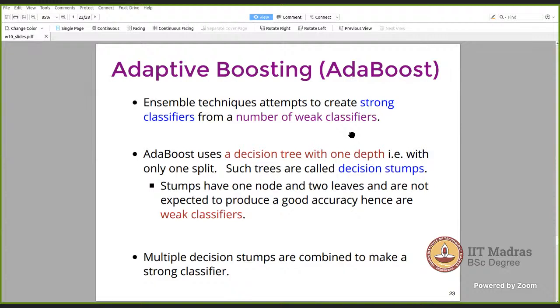Second thing, unlike gradient boost where each estimator had the same say, in AdaBoost, each estimator will have a different say. And what would that depend on? That will depend on how good they are. For example, if we talk about classification, if the classification error made by them is small, they are good enough. They are good, and we will provide them more say in the final prediction. Okay, let's see how we do that. Before that,